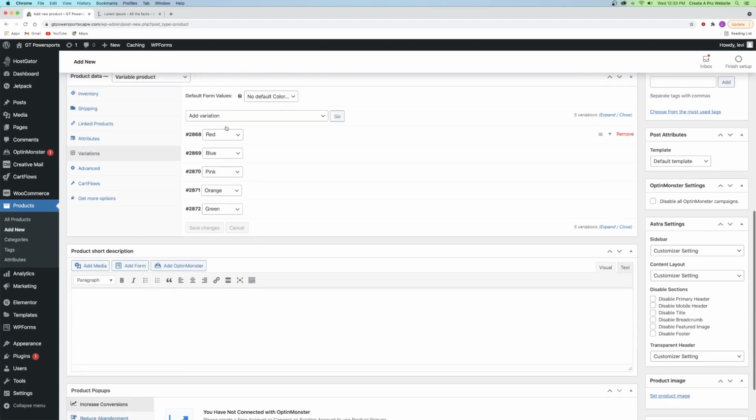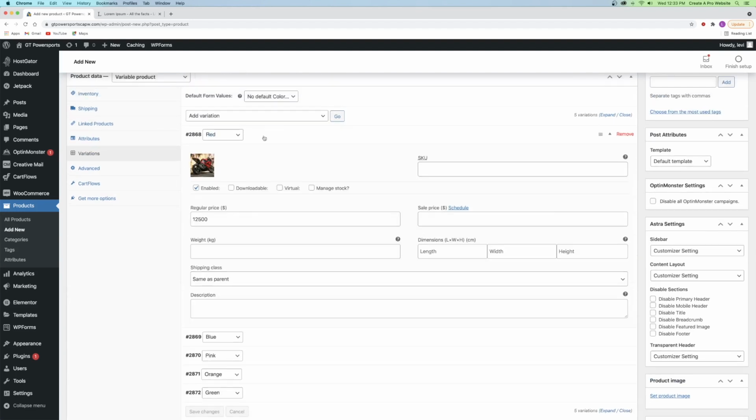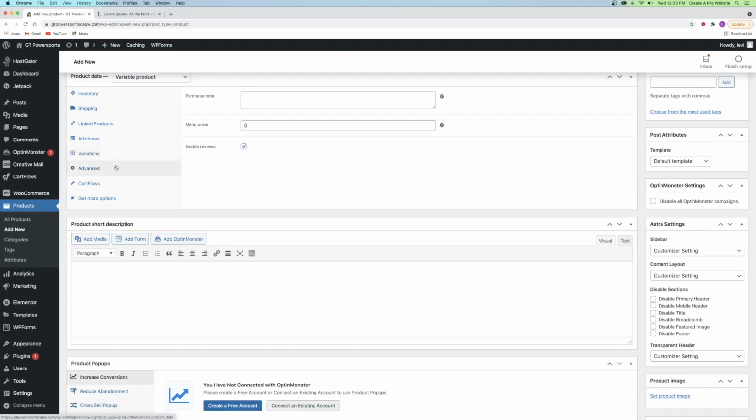And then after clicking Save Changes, it automatically compresses all of them. But if you want to click on one, you can open it back up and edit whatever you want. And then under the Advanced tab, you can add a purchase note if you want, but I'm just going to leave it blank. All right, so for the short description, you can say something like,